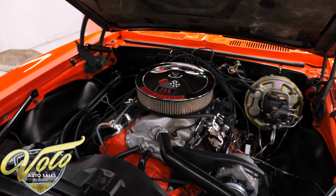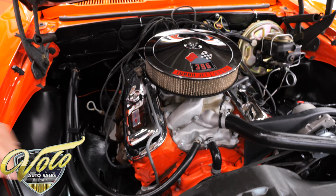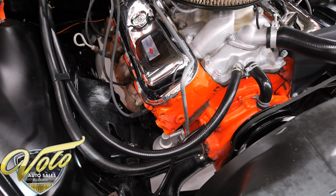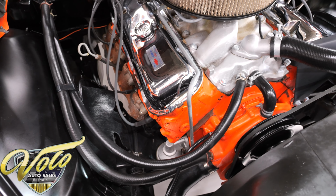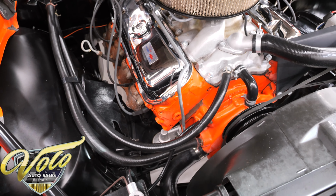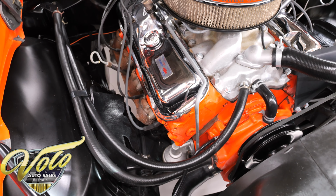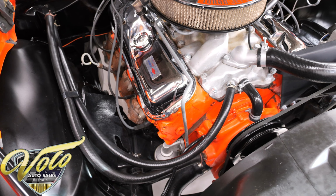So it is a correct engine. The casting codes line up. The codes on the front do designate that it is a 1967 375 horse L78 motor. These come with, I believe, a forged crank. They got a hotter cam with solid lifters, 11.5 to 1 compression, the big square port heads, which is designated